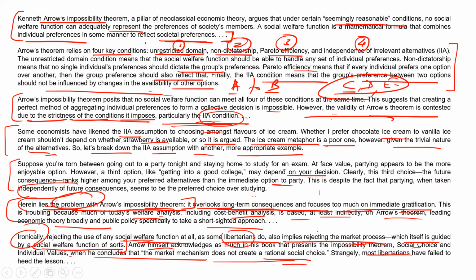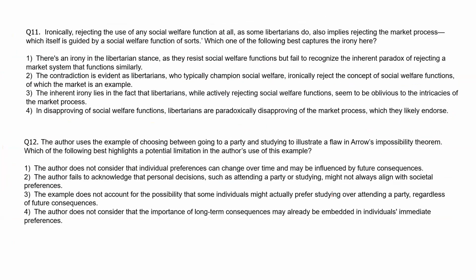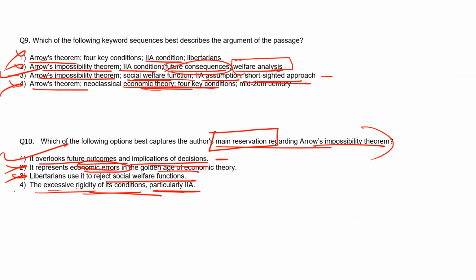So it is definitely a point which has been mentioned here. Validity is contested due to strictness of conditions particularly. But then when we try to elaborate what is this challenge that is posed by this IIA condition, these two unfold in these two paragraphs, and then herein lies the problem with this. It overlooks long-term consequences. So A is a better answer than fourth. Fourth is, I would say, a little narrow in its application. Main reservation is not